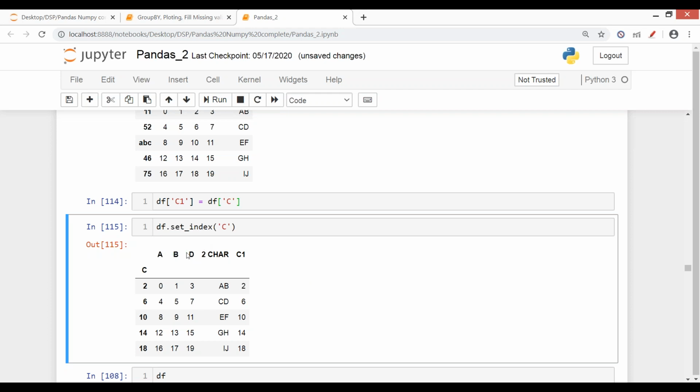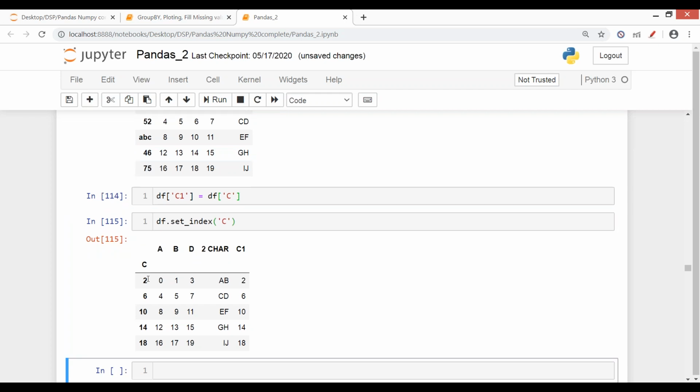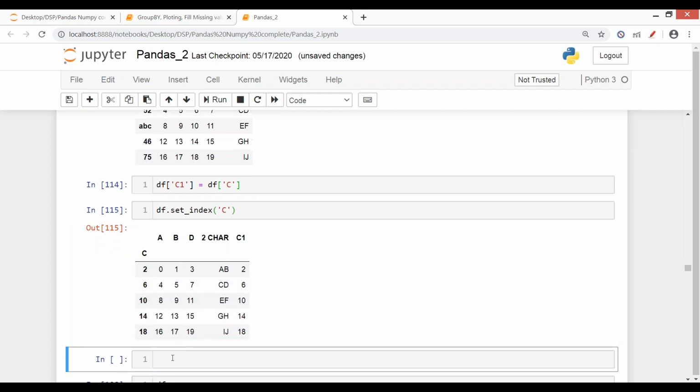Say like you want column D to come first, then column B, and then column A. This way, Rajat. Hi ma'am. Yes ma'am. तो जैसे C1 B से पहले आ जाए कॉलम में, so rank change कर सकते हैं क्या? Yes, you can do it this way. df is equals to, then you just have to shuffle, you have to specify the order. So let's say initial maybe you want A, then you want C1, then B. You just have to specify this way.